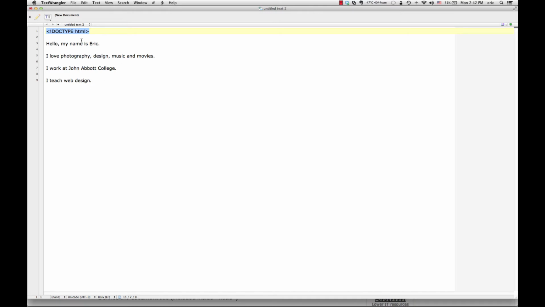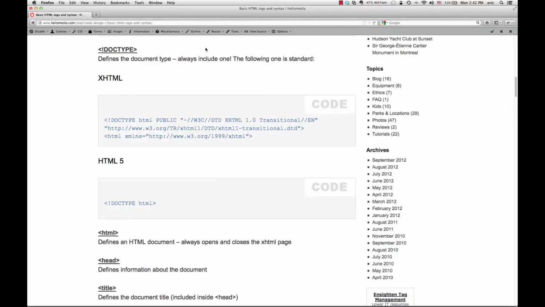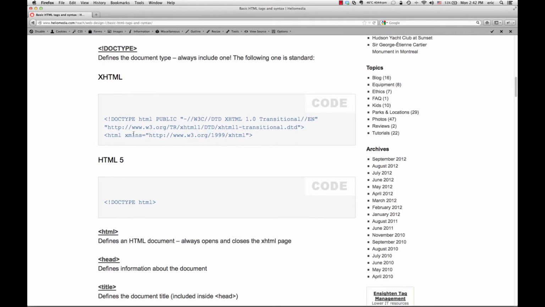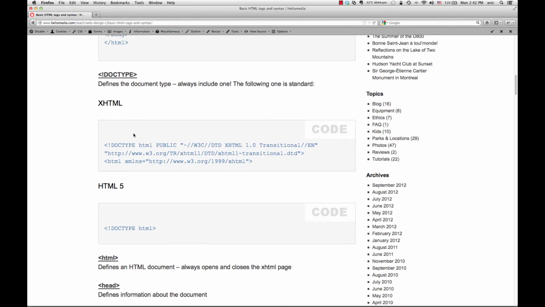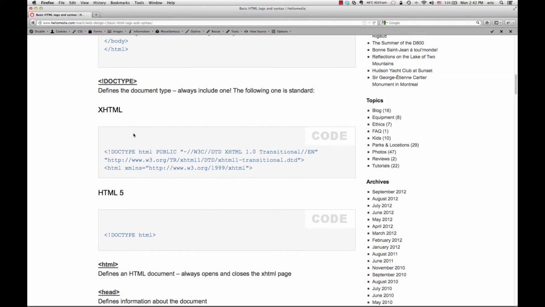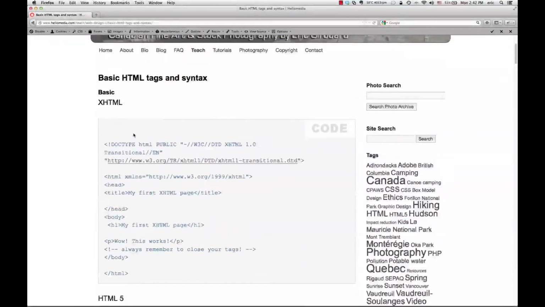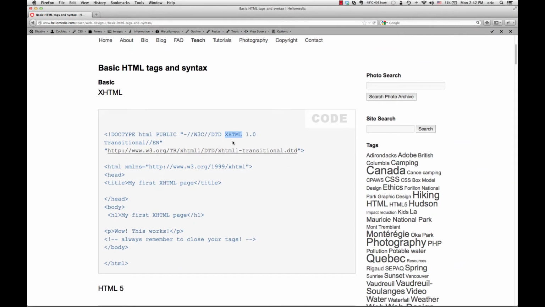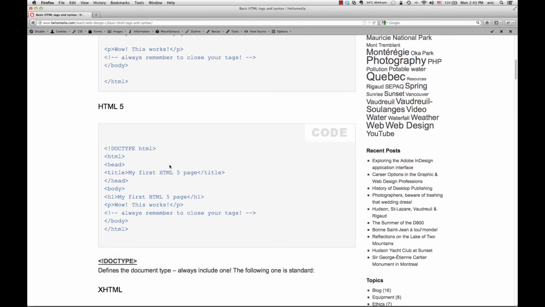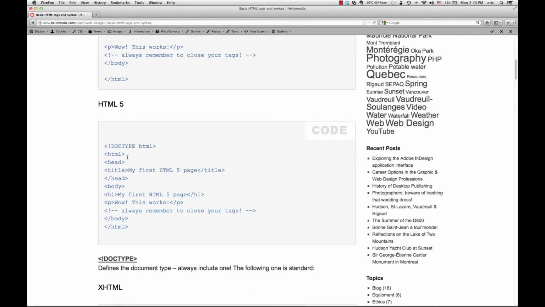categorize these statements over here into different types of information. Now, at the same time, I'm taking a look at my HelioMedia/teach/webdesign1 page on basic HTML tags and syntax. So we can see over here that in previous times when the standard was HTML1, the doctype was this very, very long statement here. And when you take a look at HTML5, which is the new standard, it is very, very short